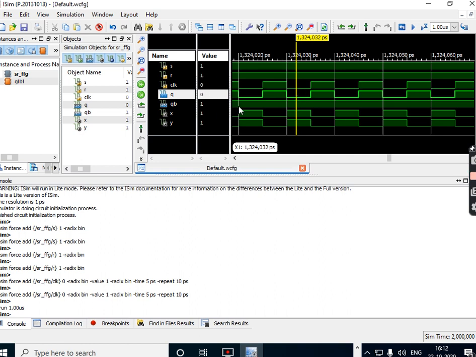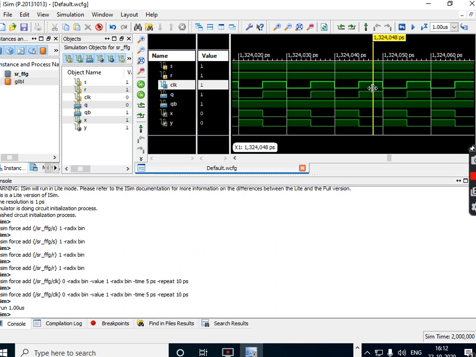No, so therefore I can also see here, when S is 1, R is 1, clock is 0, getting 0 1, which is the previous state. So when both are 1 1, you're going to get an undefined state. So both cannot be 1 1 simultaneously. So therefore this particular state is called the forbidden state. So normally we don't use this for any of the memory design applications. Hope you have understood how this particular SR flip-flop works under the gate level designs.